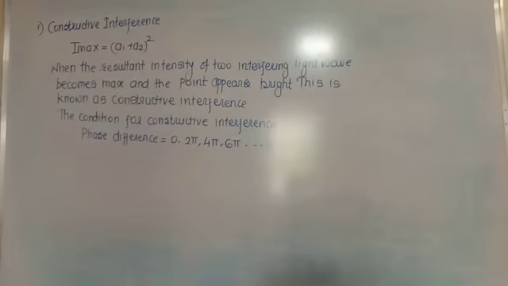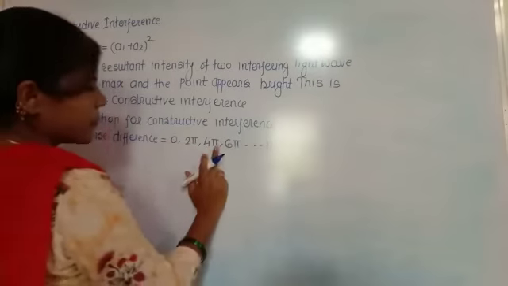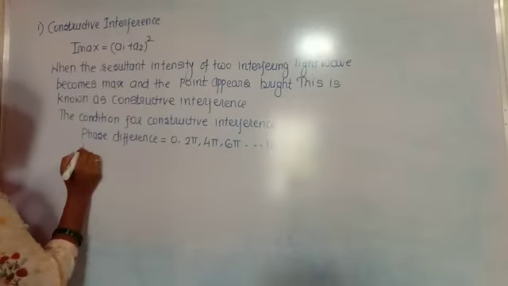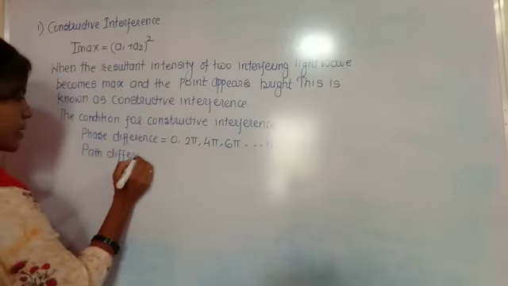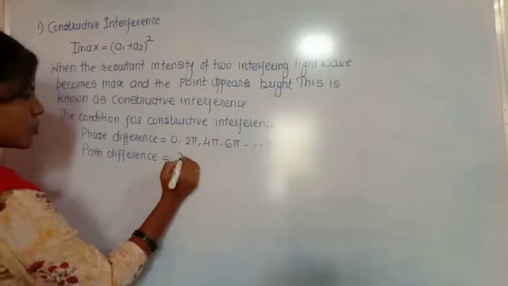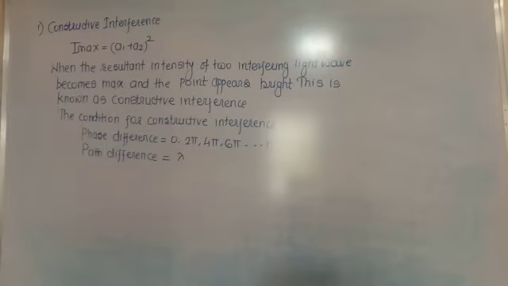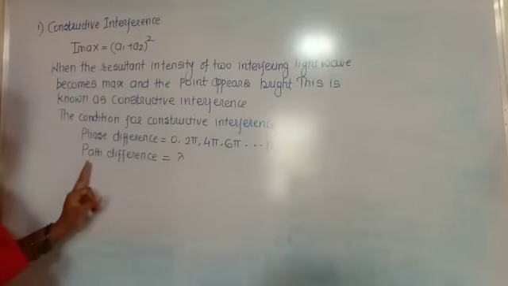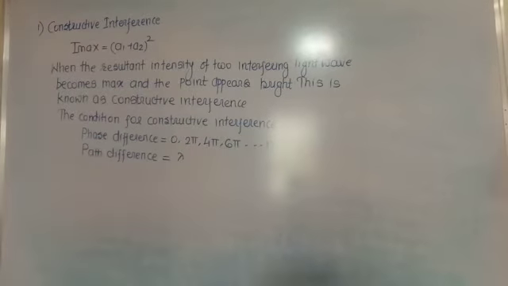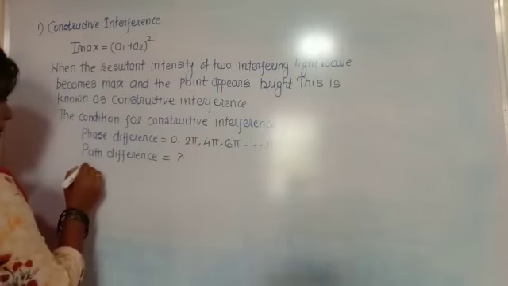Okay, means infinitely. The phase difference of 2 pi corresponds to the path difference lambda. So the condition for constructive interference in terms of path difference between the interfering waves is given by the phase difference of 2 pi and the path difference of lambda. So we use path difference equals n lambda.